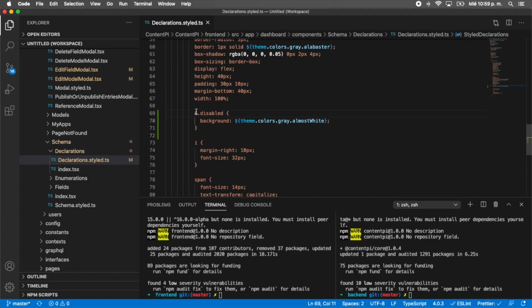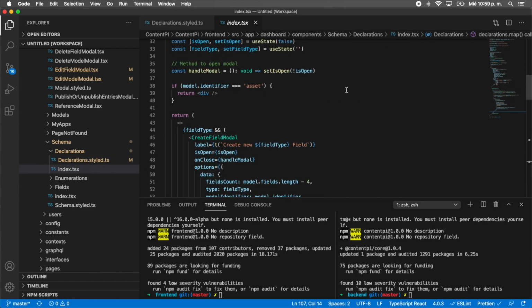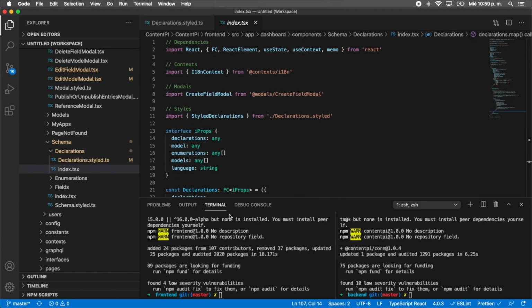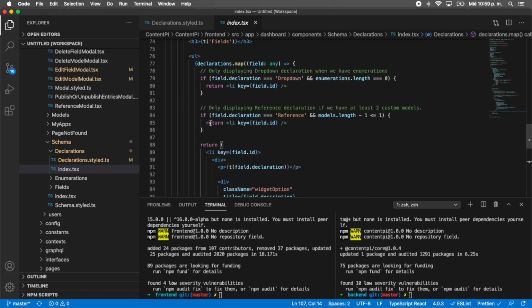I'm going to add this class disabled, and the background is going to be gray, almost white. And then if you go to declarations index, right here, these two lines are basically the validations to hide the drop down and the reference, but we need to change that. So we are going to remove those